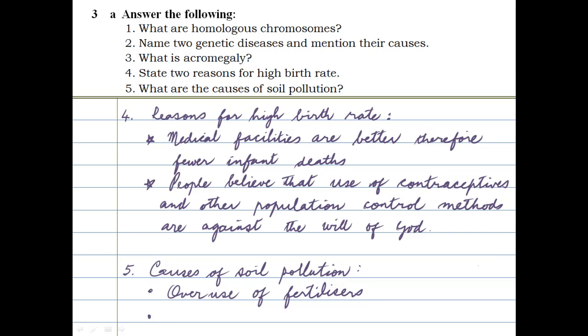A second one could be dumping garbage, medical waste, etc., in the soil. Right, so these are 2 causes of soil pollution. There may be many more that you would be aware of. List any 2 of them. Let's move on now to the next part of question 3,